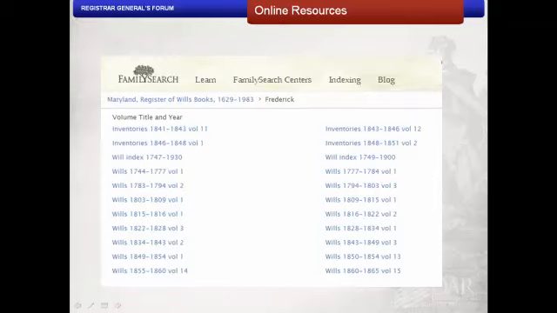This image shows just a small amount of the long list of probate records available for Frederick County, Maryland, including administration accounts, administration bonds, inventories, and wills. The list varies for each county. You will have to scroll through the list to view all the possibilities. Once you locate the book of your choice,